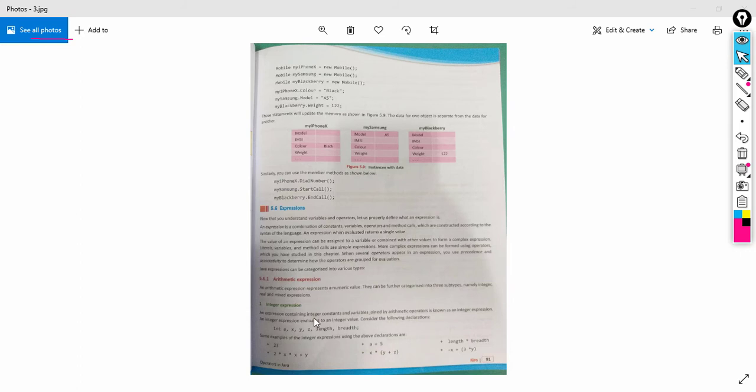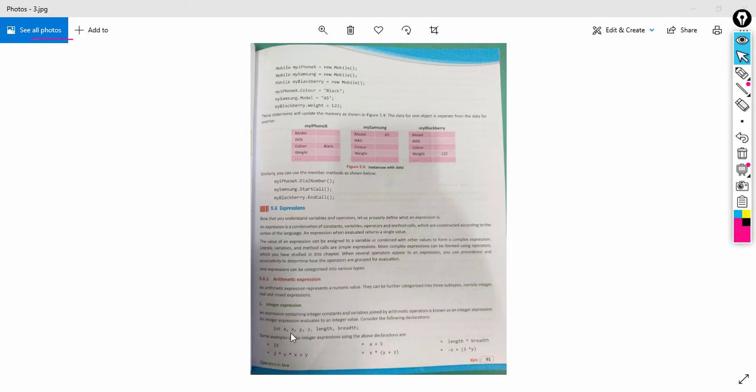We can see integer expression first. From the name you can understand that an integer expression will have integer variables and integer literals only. There will be operators also: the combination of arithmetic operators, integer variables and integer literals is known as an integer expression.